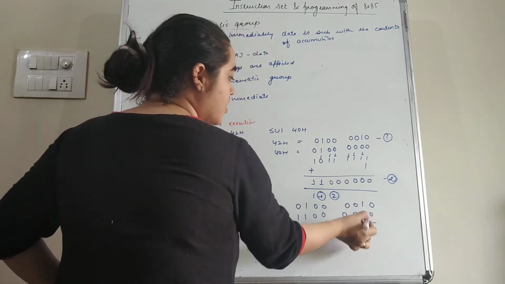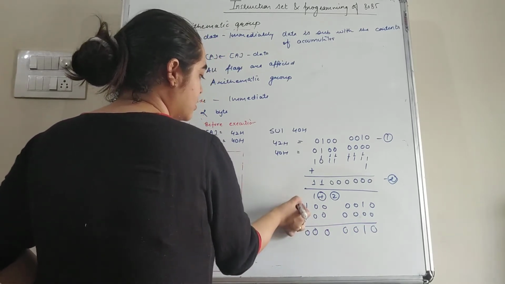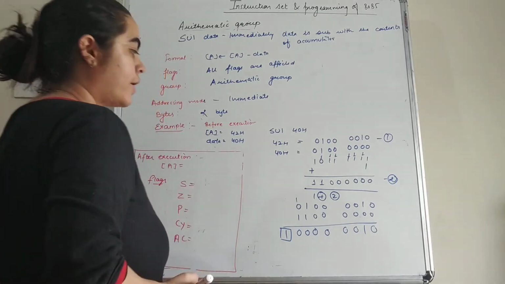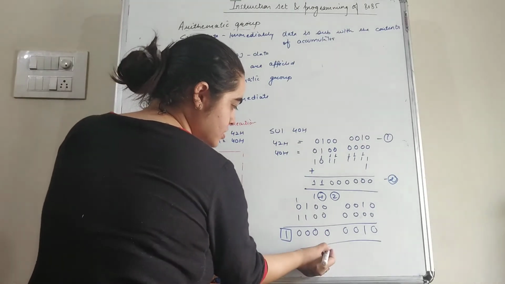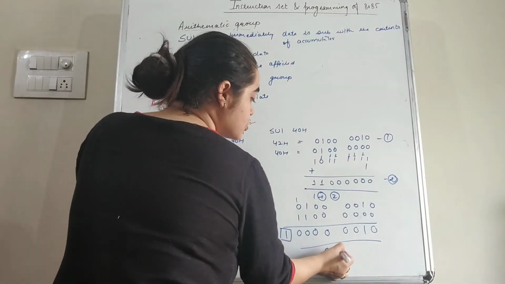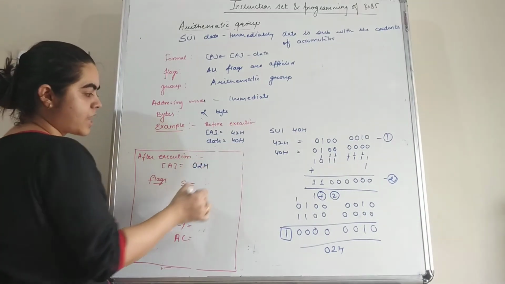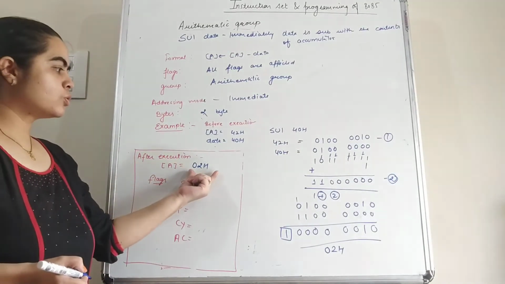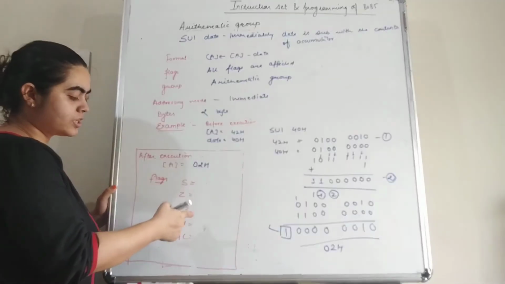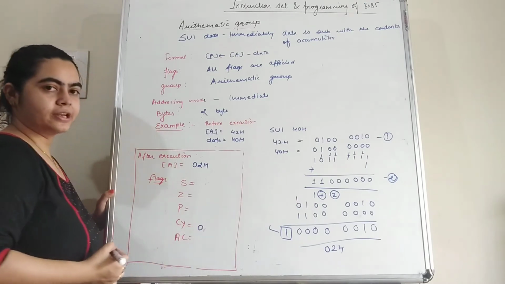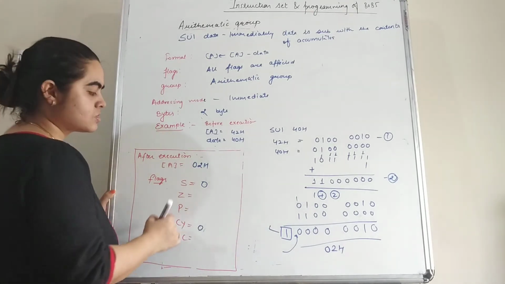0 and 0 is 0, 1 and 0 is 1, 0, 0, 0, 0, 1 and 1 is 10, 1 and 1 is 10. So 1 is the carry that is generated. So you can see here in the example 0000 is 0, 0010 is 2. So the result is 02H after the execution of this instruction. The accumulator has the value 02H after execution. Now here the carry is generated, so in the flag register we can reset the value of carry. MSB is equal to 0, that means the sign flag is 0. The answer is non-zero, that means